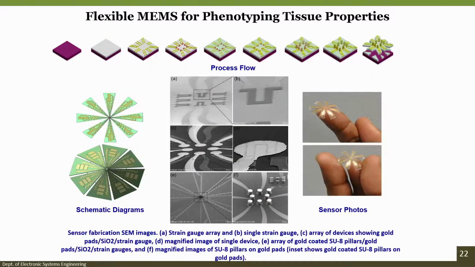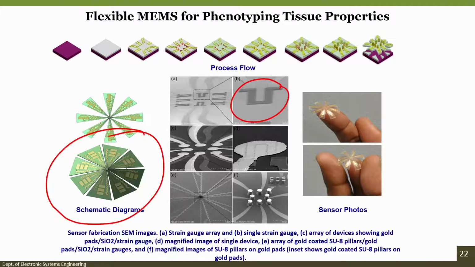We can also create a flexible micro sensor, and the flexible micro sensor has a strain gauge. We can see here a strain gauge. This strain gauge is fabricated using PEDOT-PSS. PEDOT-PSS is a polymer which is piezoresistive in nature. Over that polymer there is some insulating material, over that there are gold pads, and on that there is an SU-8 pillar. You do not have to worry about it right now, you just understand that if you know fabrication you can also create flexible sensors as shown here in this particular slide.